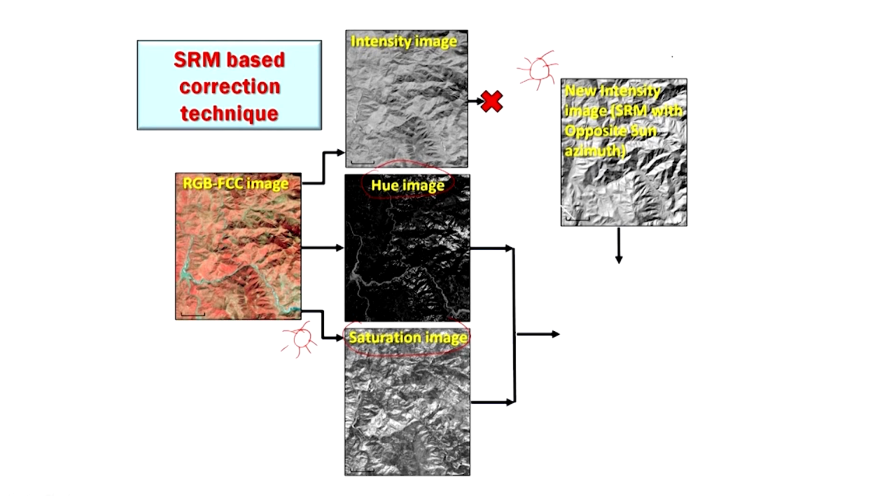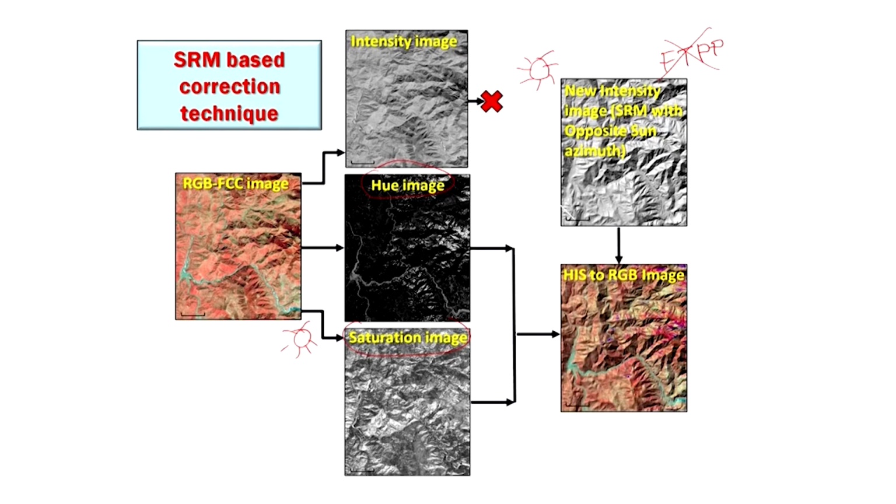So, now this image, which of course becomes the intensity image, is not suffering from FTPP. And these two images, the hue and saturation images, continue in this composition. And what we did, again, IHS to RGB, and when we do this backward transformation as done here,